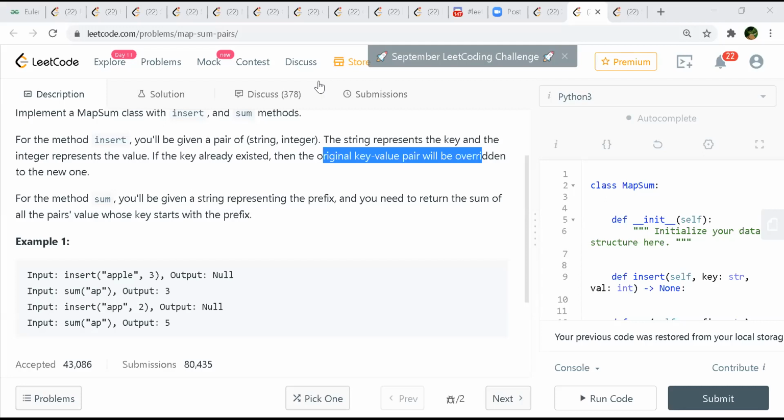In this case, I'm assuming they are all lowercase, because they have not mentioned it, so I will just have 26 children in the trie node. And then instead of using a leaf, I will use an integer value, and keep on adding my sum.